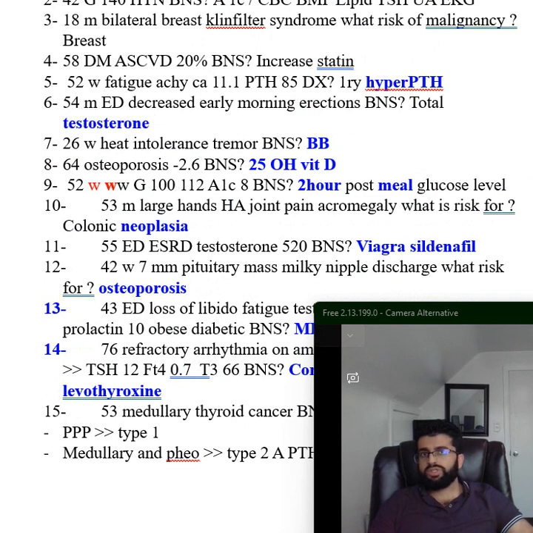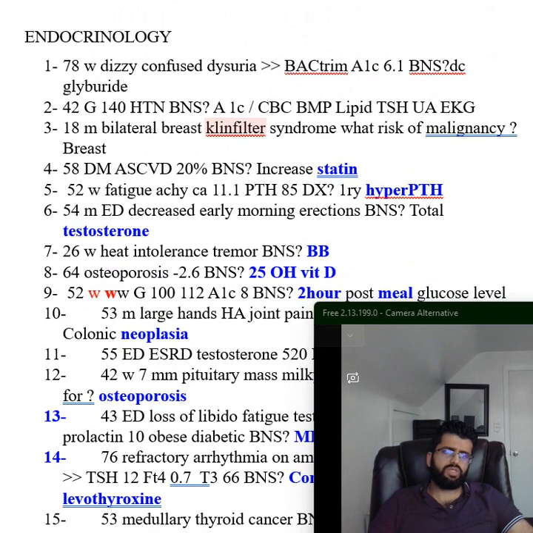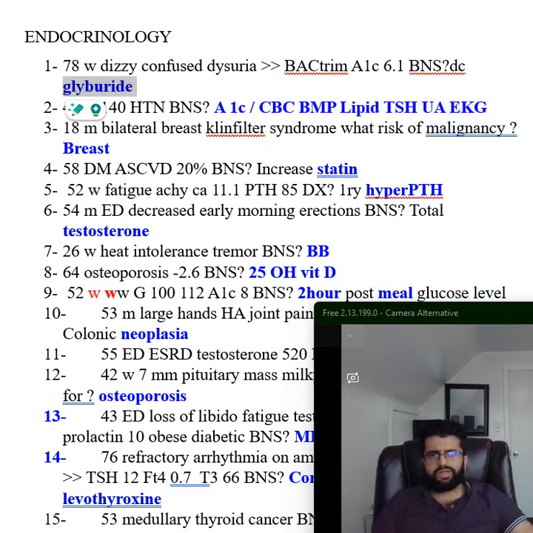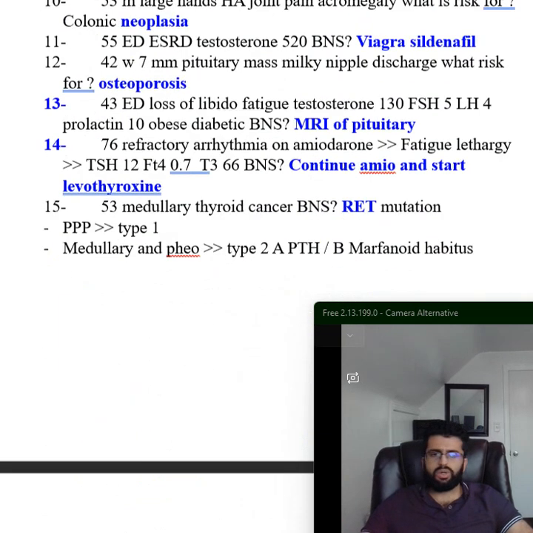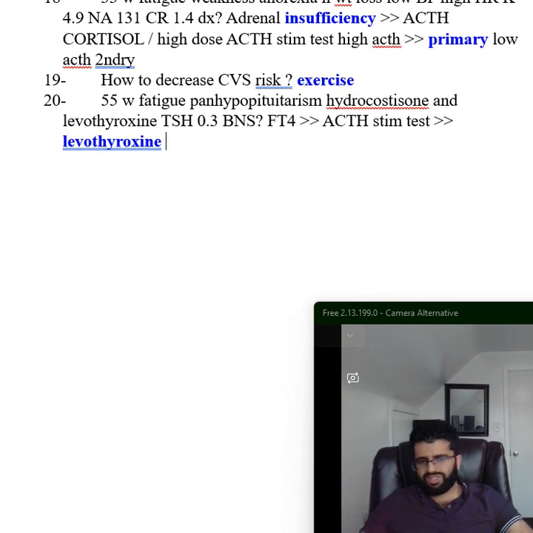Total testosterone if there is decreased morning erection. Increased statin if there is a high risk ASCVD. Breast malignancy increase in Klinefelter syndrome. Workup for hypertension, these are the ones. And then you want to stop the glyburide in an elderly patient who has CKD, okay? That summarizes our discussion of the first section of endocrine. Thank you for